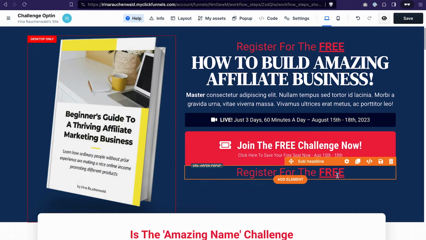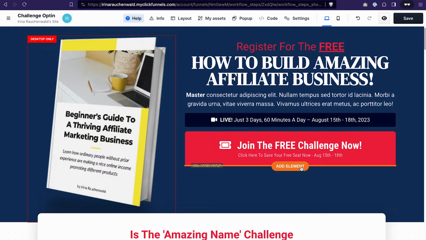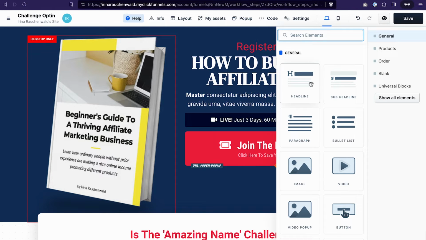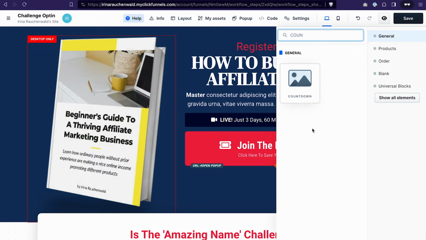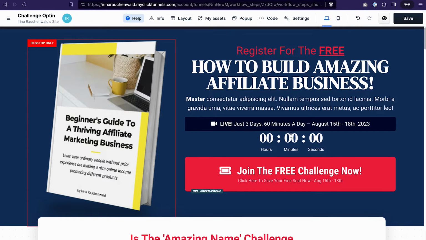Then I can remove this element that we don't need, and instead I would like to add a countdown to the page to add some urgency. How do we do that? You hover over any element, and you see this orange border, and at the bottom the button Add Element. Click this button, search for a countdown, click on this icon and it will add the countdown to the page. I will also move our countdown above the button, just drag and drop it there,